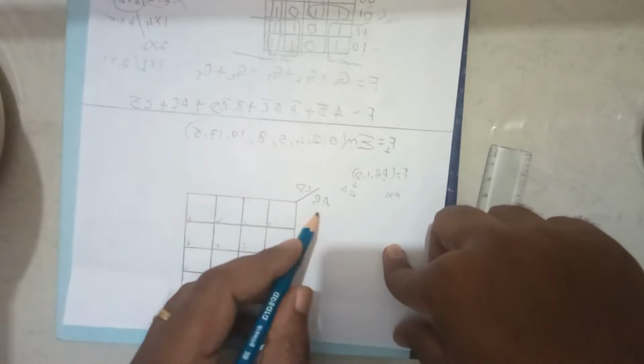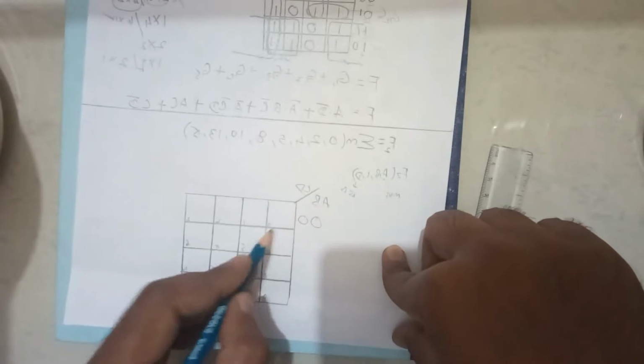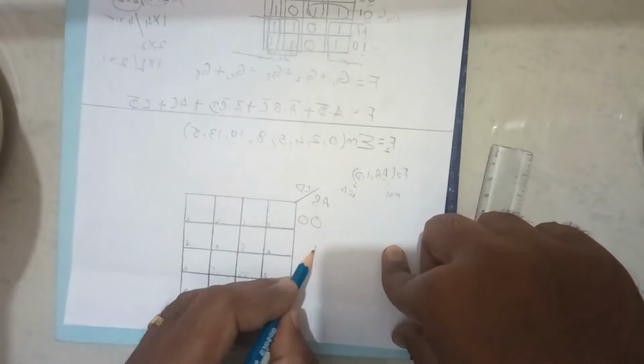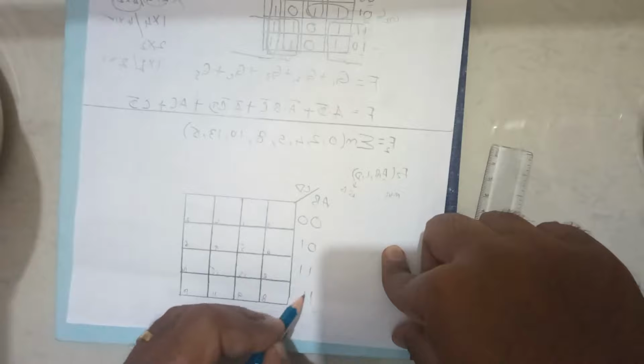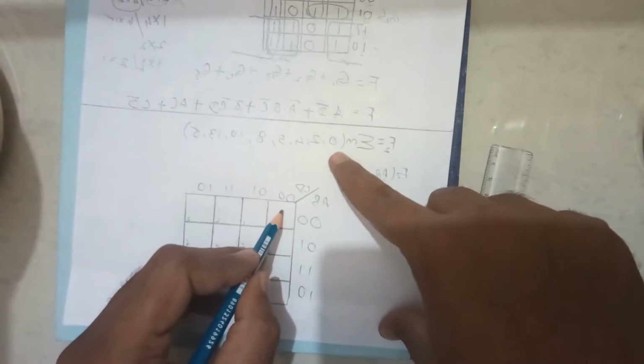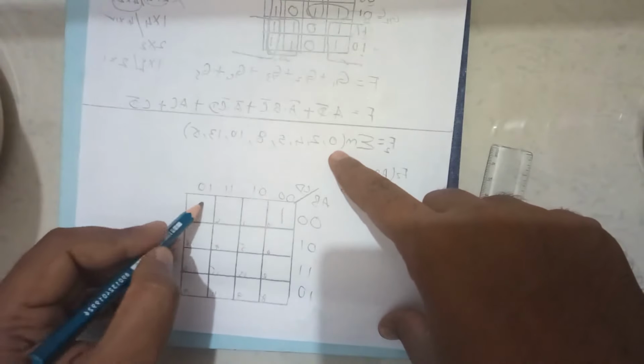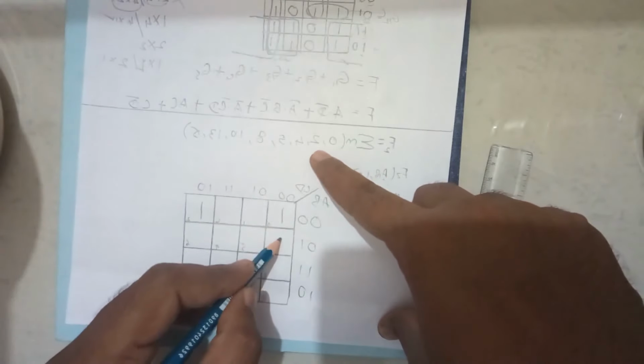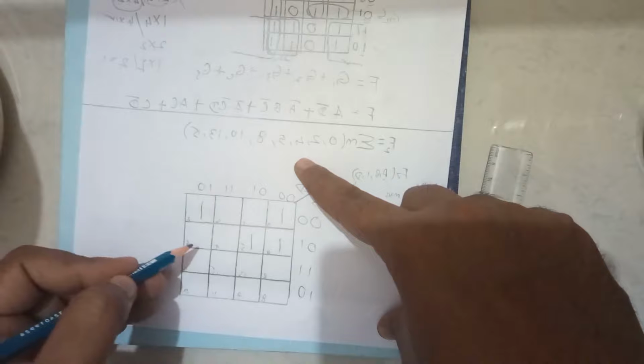If I do like this, the position based on the min values, that is 0, 0 means the corresponding values will be 0, 1, 1, 1 and 1, 0, 0, 0, 0, 1, 1, 1 and 1, 0. These are the positions I will get. Got it. Next I have to substitute the values, such as 0 I have, so I will put value 1, and 2 I have, I will put the value 1, 4, then 5, then